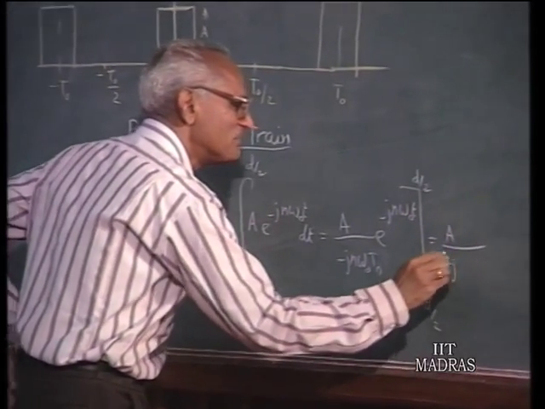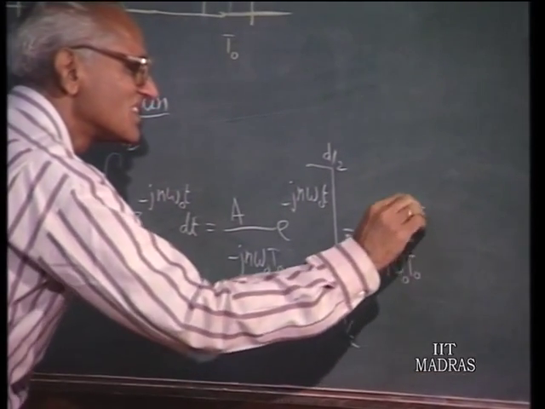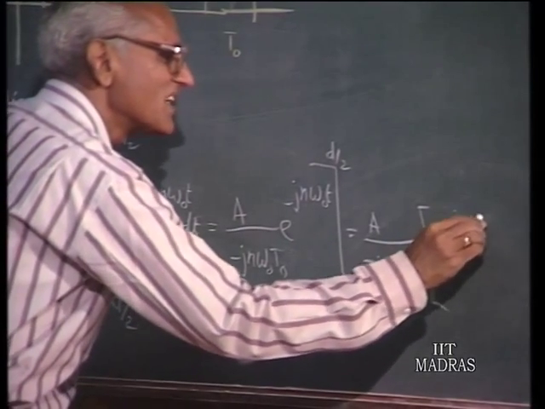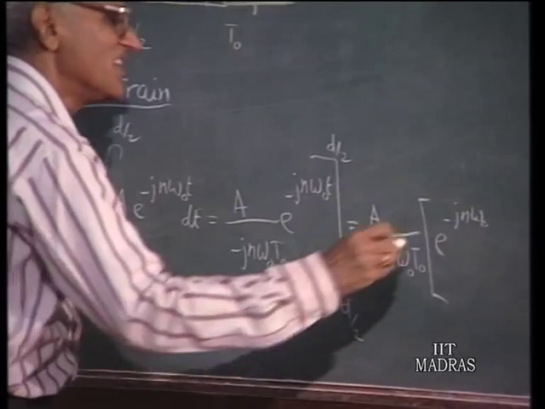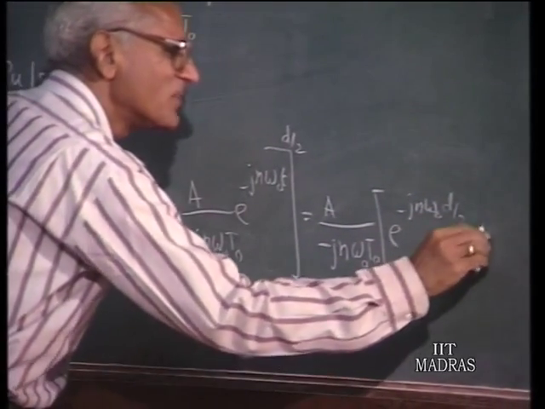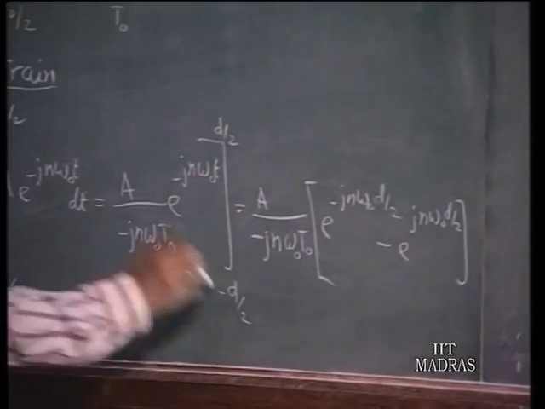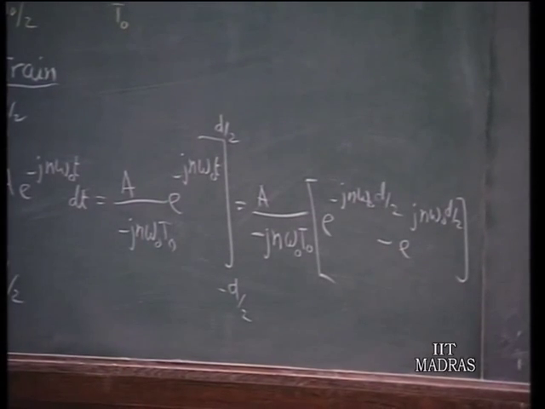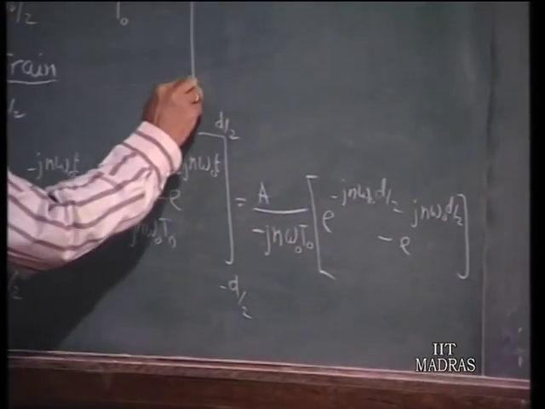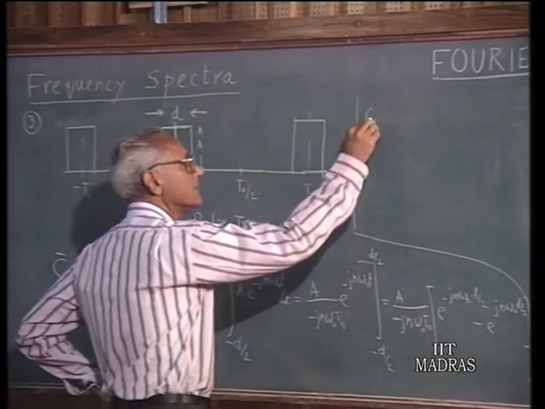That is, A over minus j n omega naught T0, times e to the power of minus j n omega naught d upon 2, minus e to the power of j n omega naught d upon 2, substituting the lower limit minus d upon 2. So if you pick up from here and go here, Cn will now be